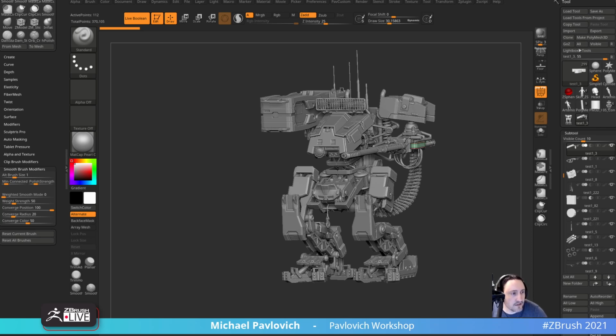Difference between collapsing an edge and deleting an edge. Deleting an edge you'll only be able to do on a triangle because you can't do n-gons in ZBrush. Collapsing is going to take the 2 points of the edge and collapse them to one side or the other. I wish there was a middle collapse, but there's not. You could do an insert edge loop and collapse the middle, but